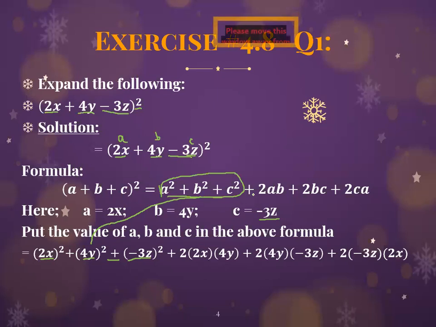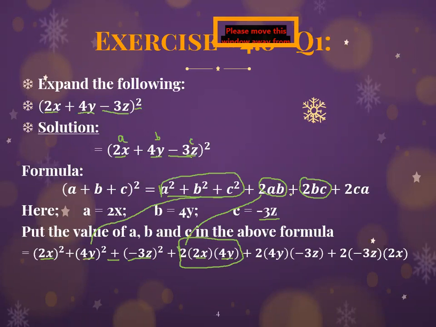Now in the second portion of this formula, you are going to multiply the terms with 2. Instead of a and b you will write the values of a and b. So first you will write the plus symbol, then you will write 2. Now a and b are multiplying with each other, so inside one bracket you will write the value of a, which is 2x, and in another bracket the value of b, which is 4y. Now this becomes a whole term, which is 2ab. Understand?